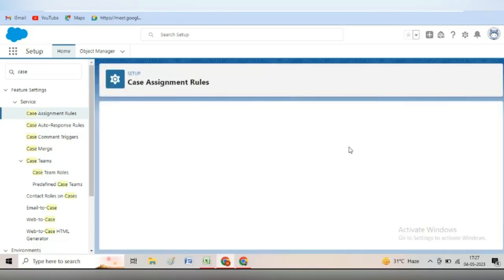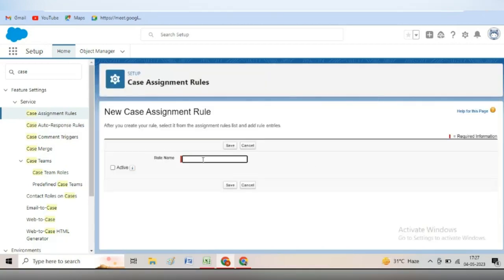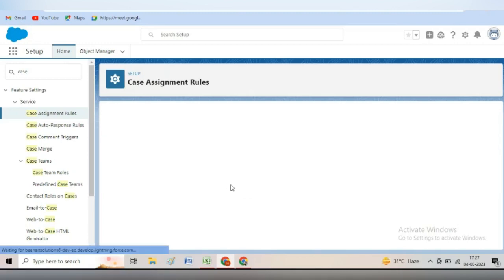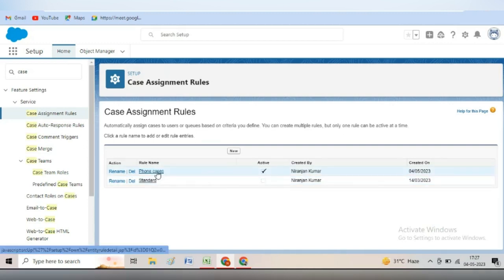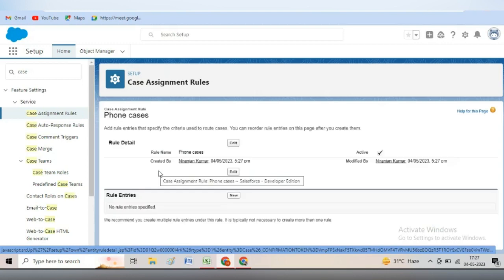Click on new. Here this is phone cases, right? So make it active and save it. So this has become active. Now go to this phone cases, and here we have to fill the criteria. So go to new,